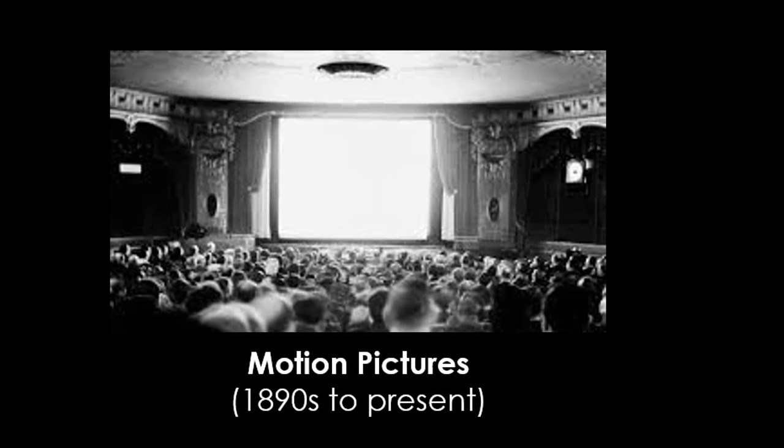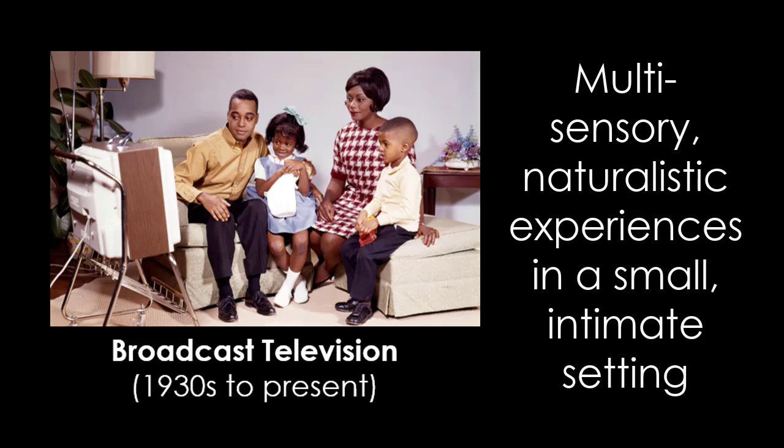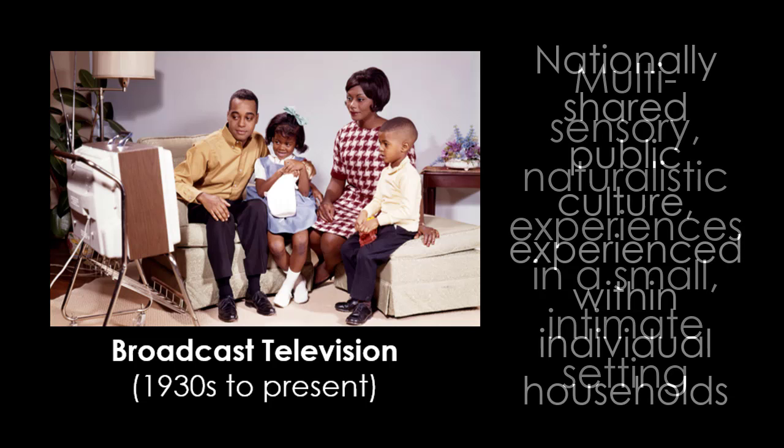By the time we start getting into the middle part of the 20th century, broadcast television is going to bring the power of radio and the power of motion pictures into living rooms. Television starts getting developed as a technology in the 1930s, but commercial television stations in the United States start getting licensed in the 1940s, and by the time we get into the 1950s to the 1960s, what's often referred to as the golden age of television, we have a phenomenon where people across the country are getting together